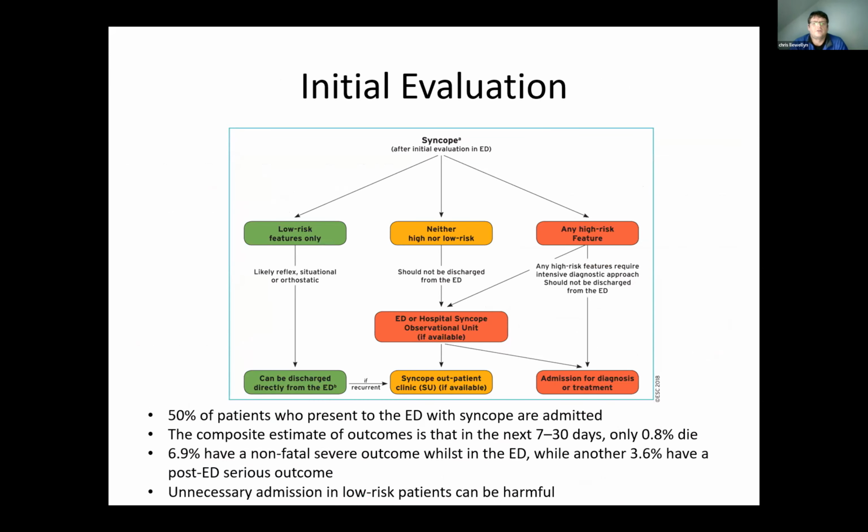So when you do have a syncopal episode, if it's low risk features only, likely reflex, situational or orthostatic, the patient can be discharged, and most of what you can do for them is patient education, and certainly we do a lot of patient education for this. If it's neither low nor high risk, then the patient can be discharged, but maybe you should start to think about some other